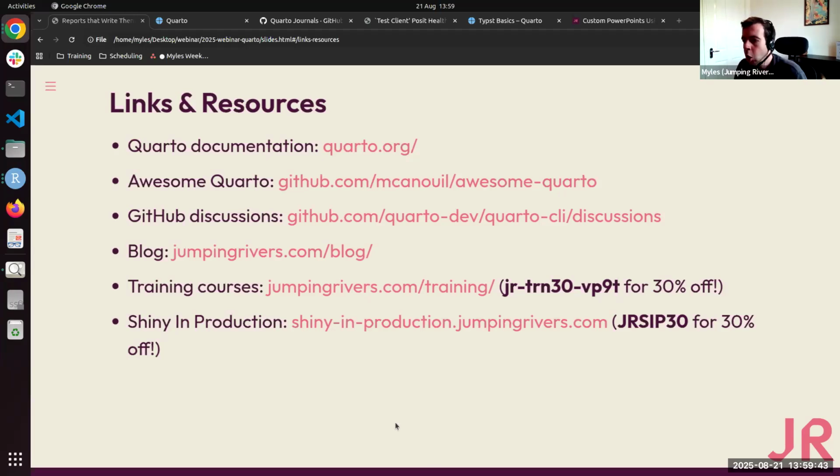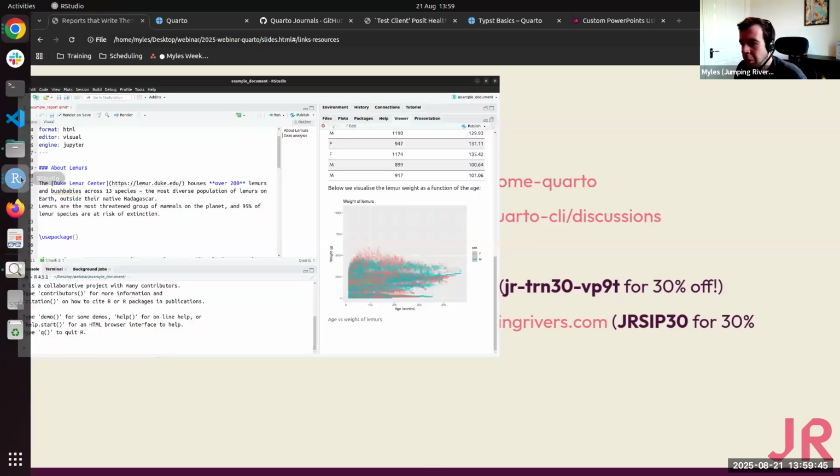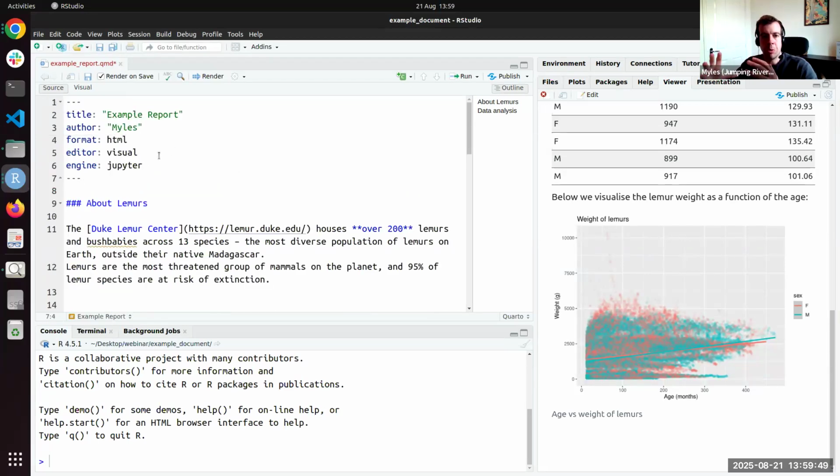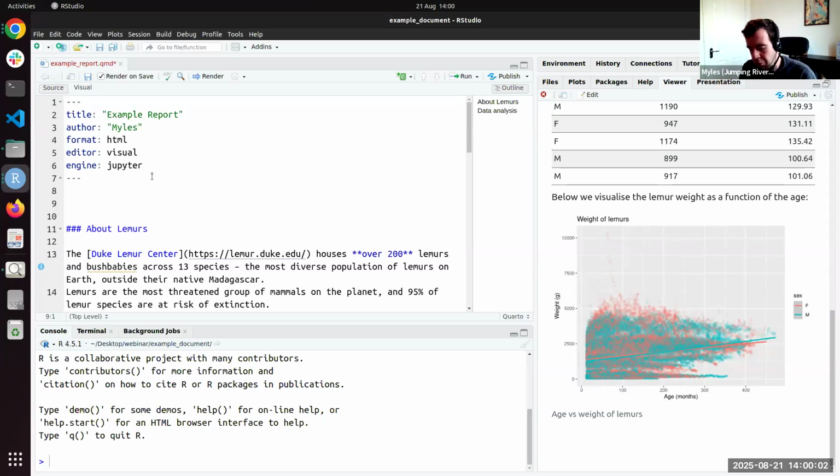Yes, good question. So one of the big advantages of Quarto is that when you look at just a raw Quarto file, it's just a plain text file. It's just a text document. There's no binary code or anything like that. It's just an easy to read text file. What's nice about that is that it means you can track changes to a Quarto document using Git.